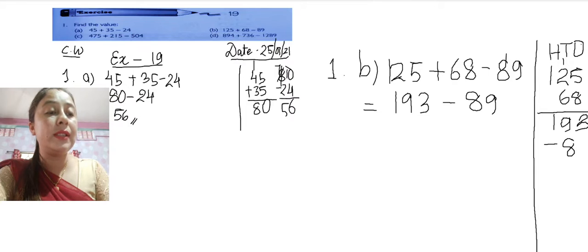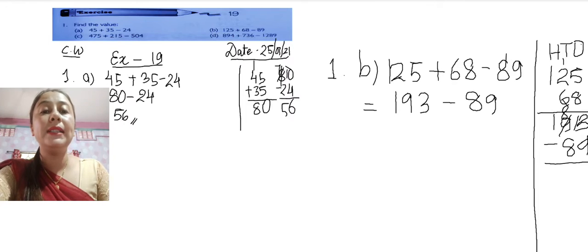Now let us do the subtraction here in the rough column. We know that 3 is less than 9, so we can't subtract 9 from 3. So we will make it 13 by borrowing 1 from 9. So 9 will become 8. So 13 minus 9: 9, 10, 11, 12, 13. So that will be 4. 8 minus 8 will be 0 and 1. So what is the answer you got?